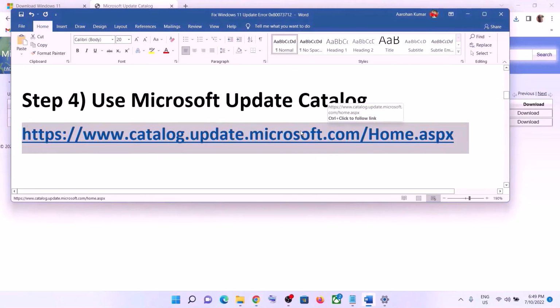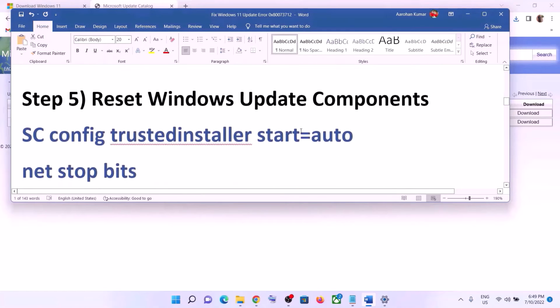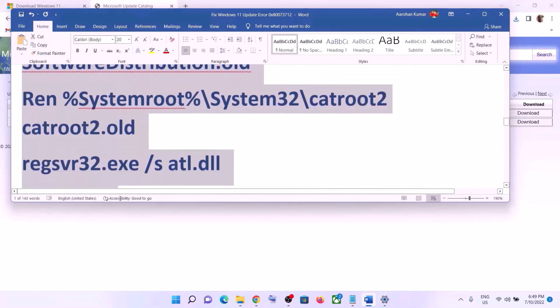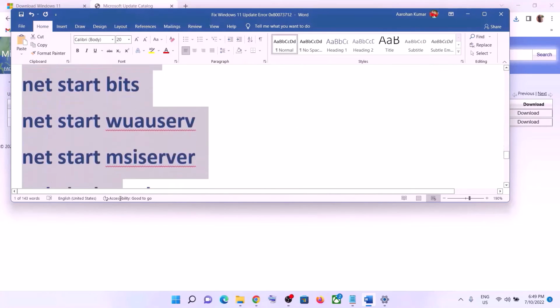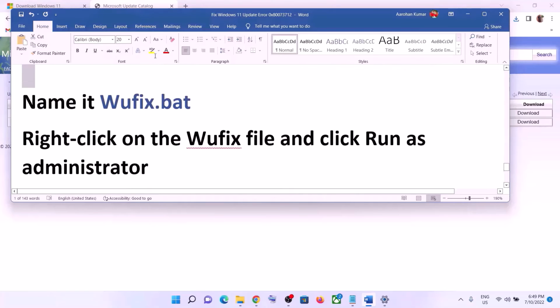Still, if you are facing the problem, in that case, you can reset Windows Update components. For this, copy all these commands. These commands are provided in the video description. So copy till here